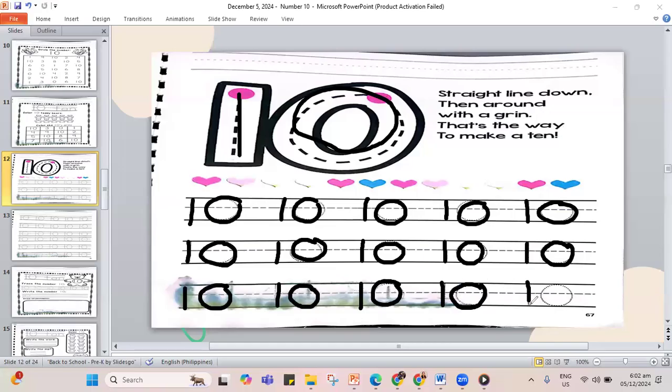Last one, 1 and a 0, the number 10. Okay, we found the number 10s. All of these are done already. Now, if you're not yet done, pause the video, play it again once you are done.